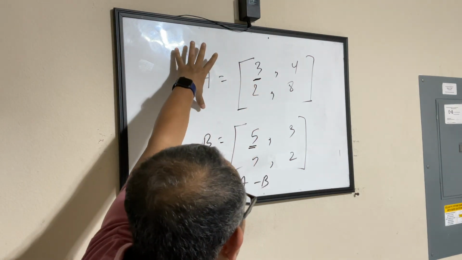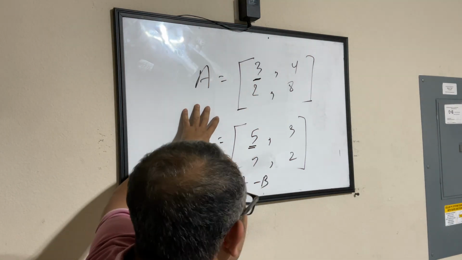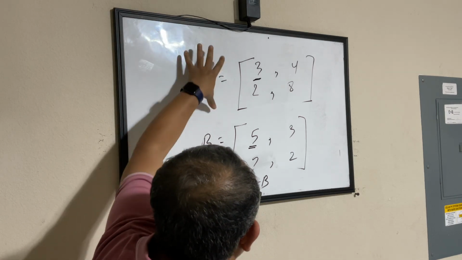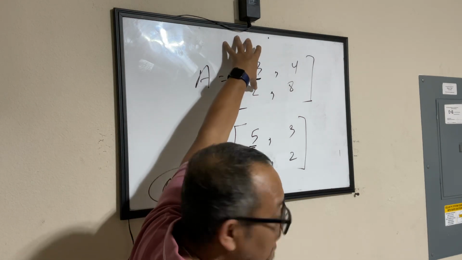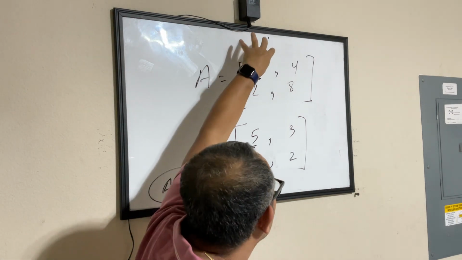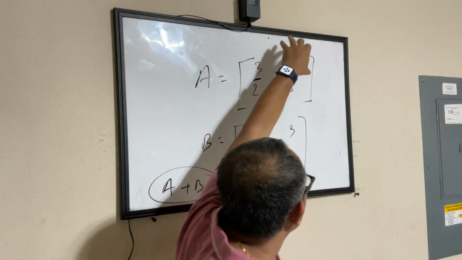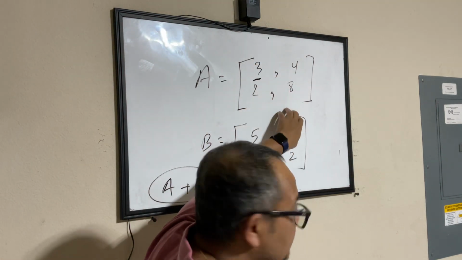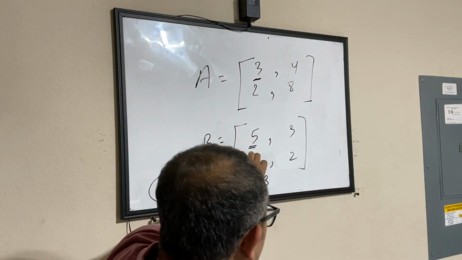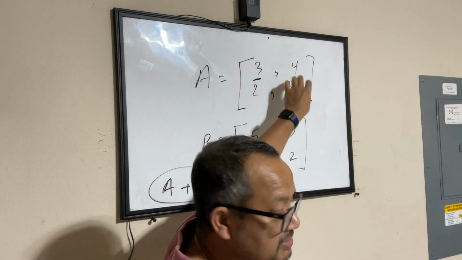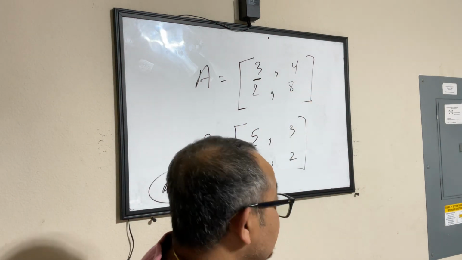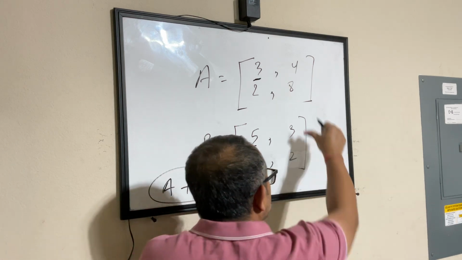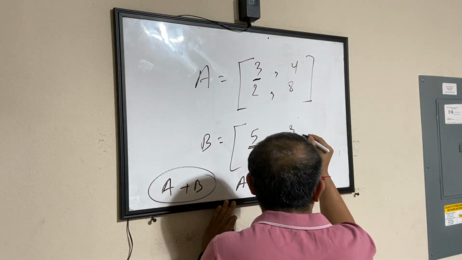So see, when I'm talking about adding the two matrices, what we are saying is I will add the elements in the same position. First row, first column with first row, first column. First row, second column with first row, second column. Second row, first column with second row, first column. Second row, second column with second row, second column. That essentially means that if I am talking about